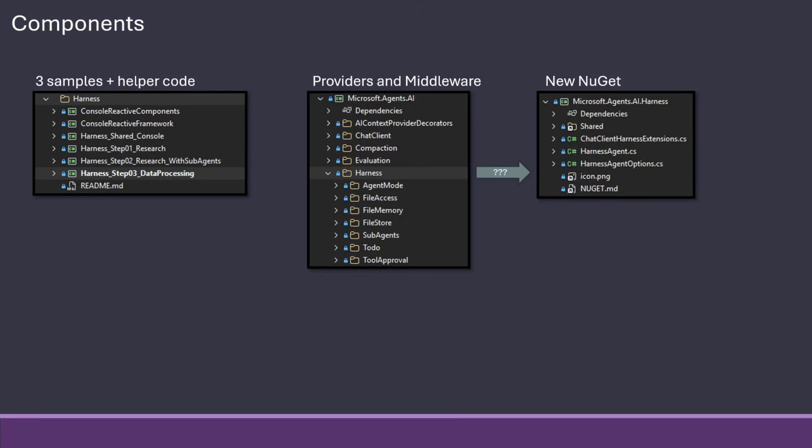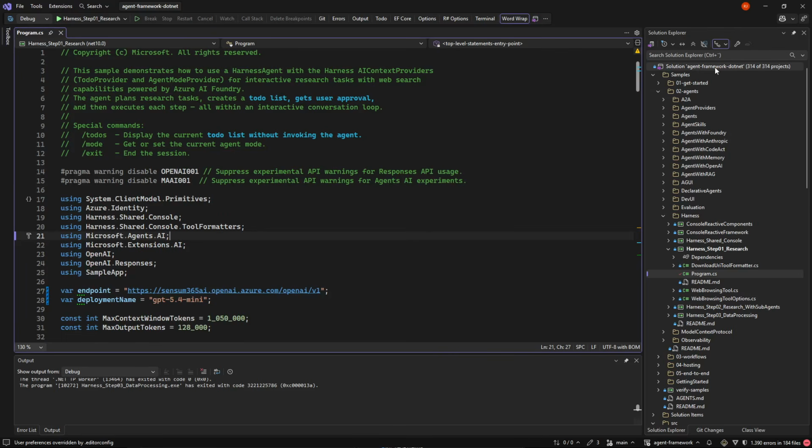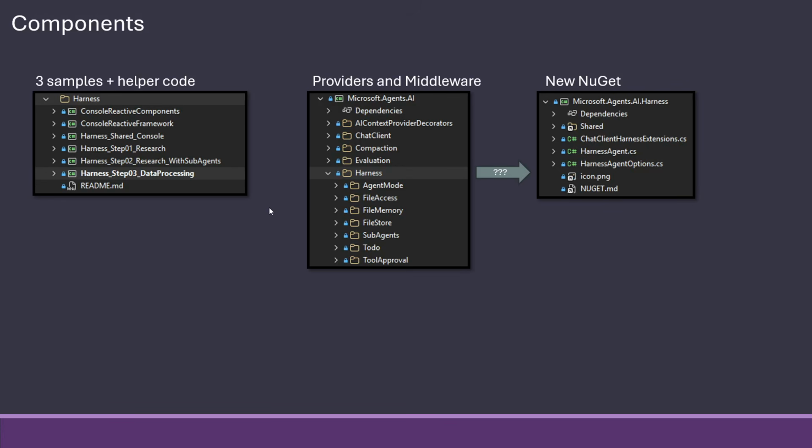So inside the Microsoft Agent Framework's own code, they also have a bunch of samples. So this is the thing that I'm looking at right now. They have 3 samples. They have a research sample. They have some research with sub-agents that goes in and does some stock analysis and some data processing of some sales data. So an OpenAgent tool and then 2 other tools. And the second tool uses sub-agents.